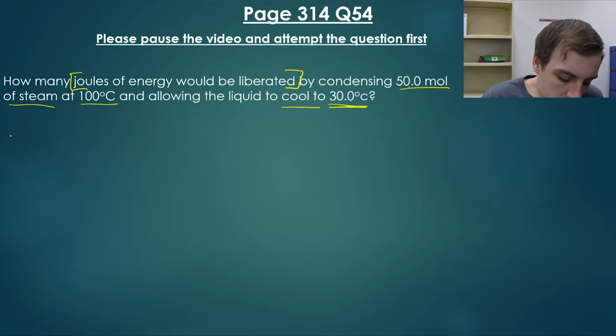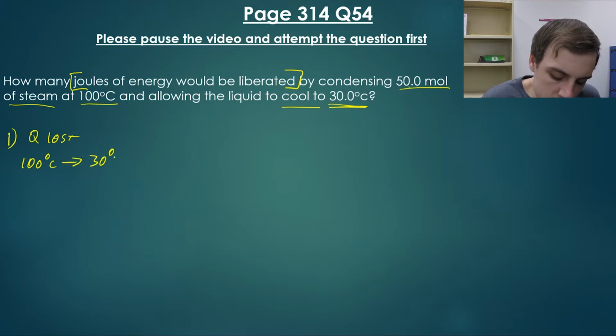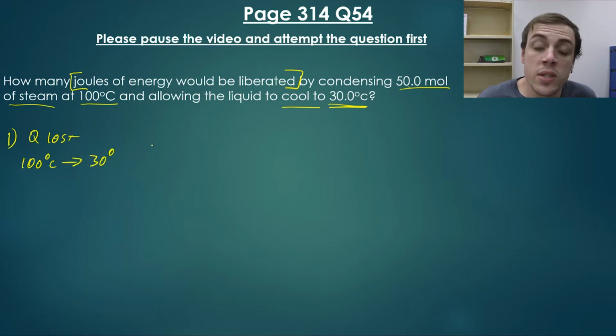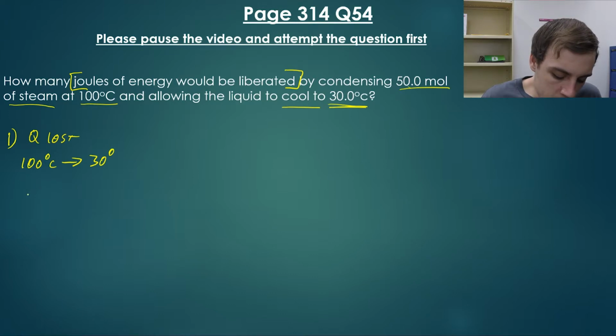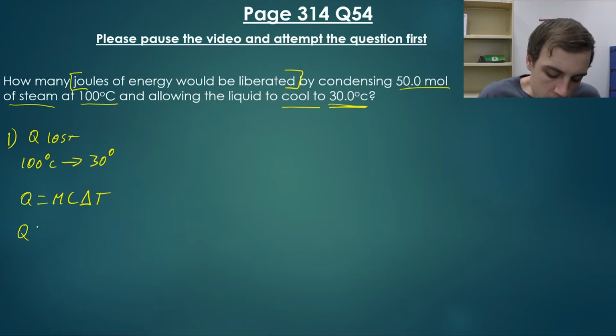So the first part of this question is we need to realize the amount of heat lost by the cooling of 100 degrees to 30 degrees. And we also need to take into account the heat of vaporization. So we'll do that next. So the first thing we do is Q is equal to mc delta T. So we want the amount of energy released, so we'll keep that as Q. So the mass,